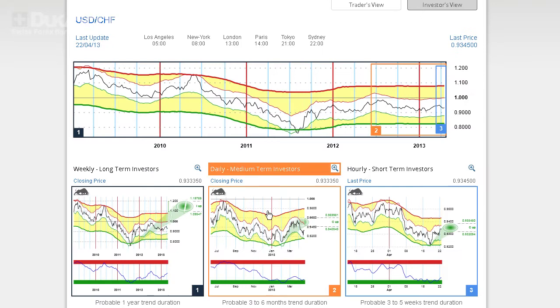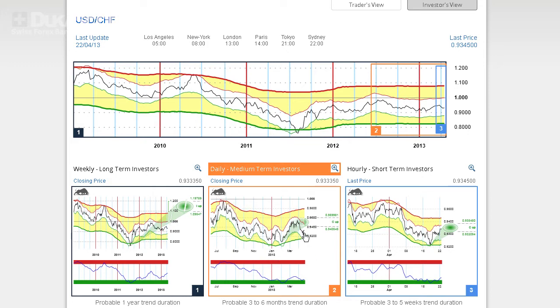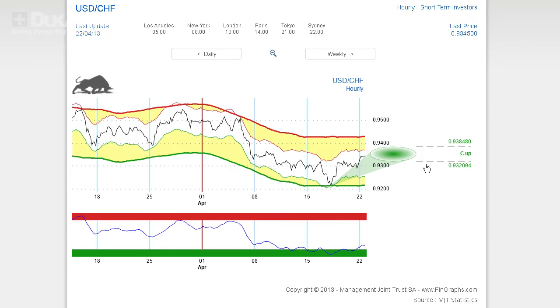So for now, if we look at it just on a simple bull and bear perspective, well, we're on the bull on the weekly, a bull on the daily, although a very early bull, and the hourly is also in a bull and just initiated last week a correction up. A good indicator would be to move above the corrective targets here, and they are around 93.84.